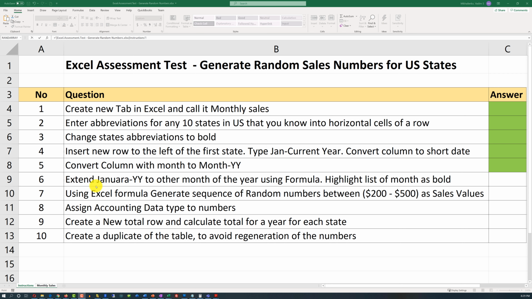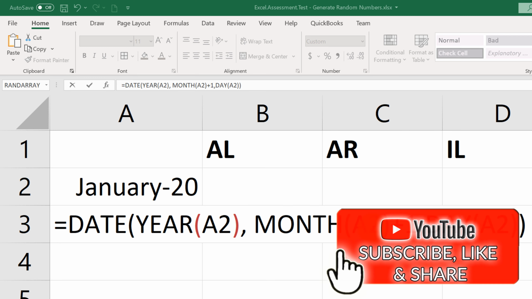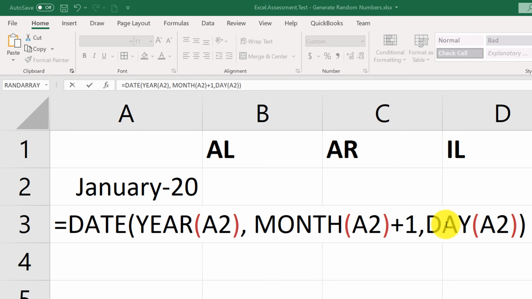So let's go back here to the Monthly Sales tab, and the formula that we are going to use is called a date formula. To use the date formula, we need to type in equal, and then here we have 3 components: year, month, and day. Year would be the same, day would be the same. The only thing we would need to increment by 1 would be month. This is how the final version of the formula looks. We are referencing cell A2, and we have 3 components. Year is the same as in A2, month is the same plus 1, and then day would be the same as in A2. And if we hit enter,